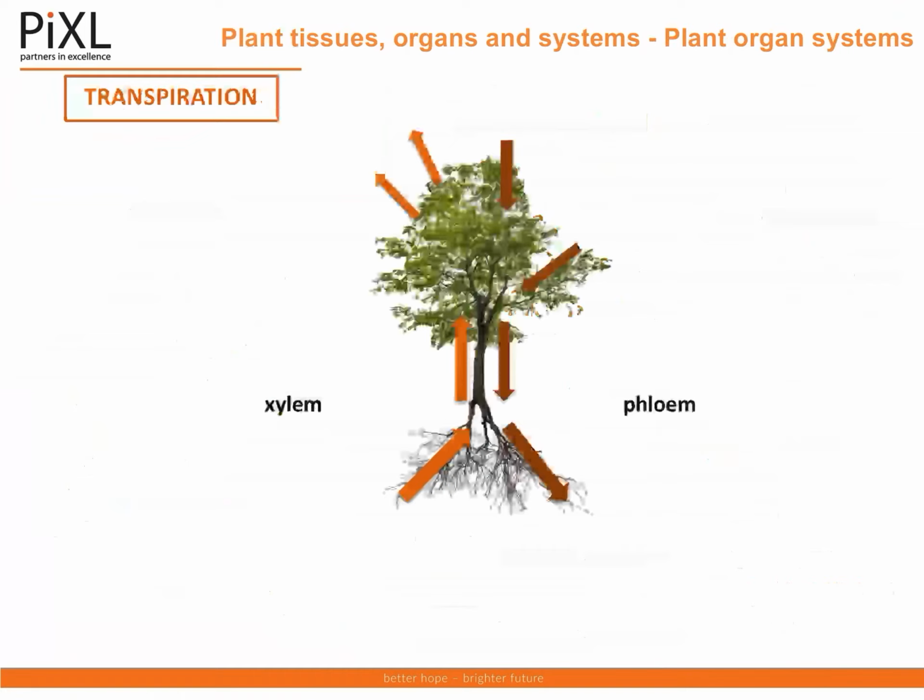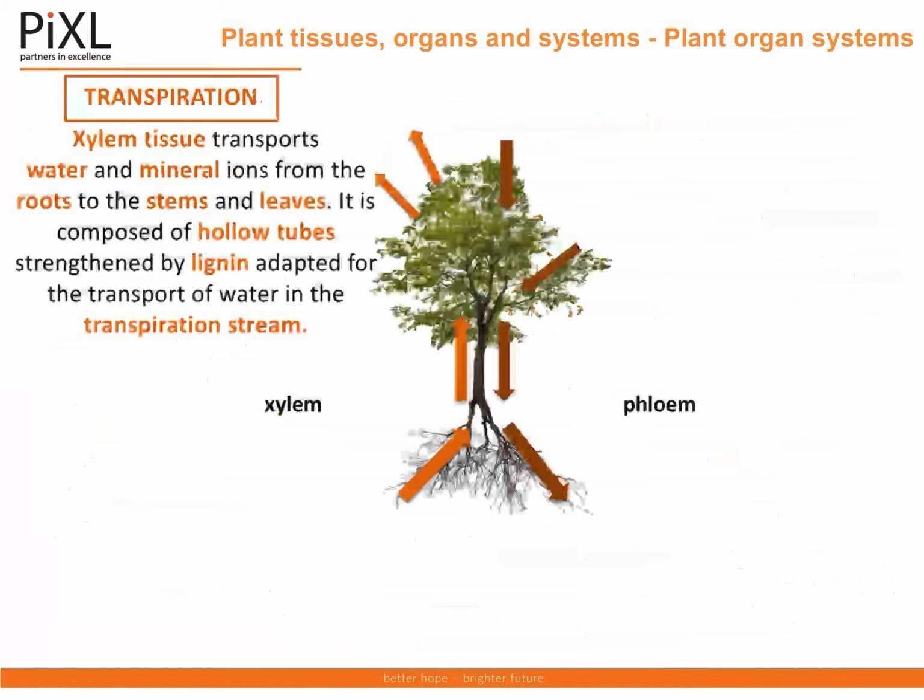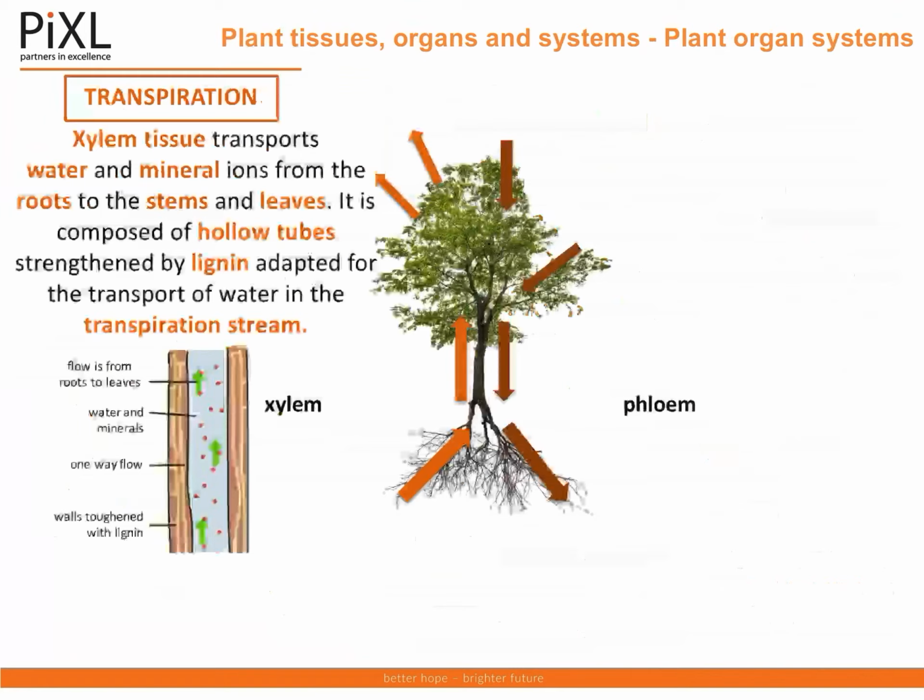So finally, we're going to have a look at transpiration and translocation. So transpiration, we have xylem tissues transporting the water and mineral ions from the roots all the way up through the stems and to the leaves. The xylem is composed of hollow tubes. They're adapted for transport of water in the transpiration stream. And here's a picture of our xylem. Now remember, the xylem only allows water to move in one direction, so up the plants from the roots to the leaves. Water and minerals, and we've got very tough walls there as well